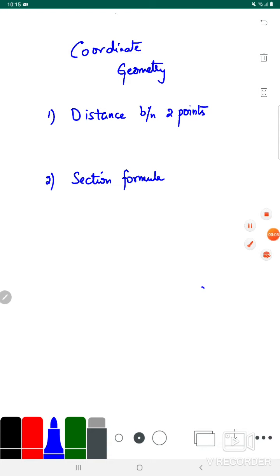Hi, good morning. Today we are going to discuss coordinate geometry. Even in class 9 you might have learnt coordinate geometry. There you would have learnt how to plot points in a graph sheet, what is abscissa, what is ordinate, what are coordinates. You would have learnt all these things. Also you would have learnt about four quadrants,